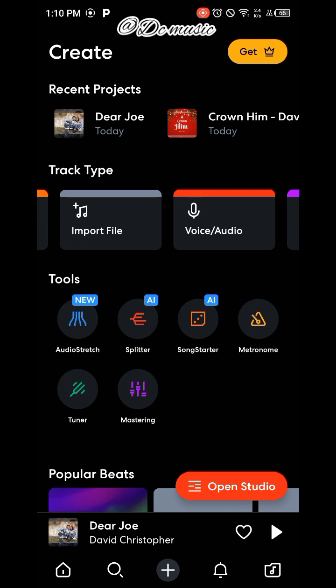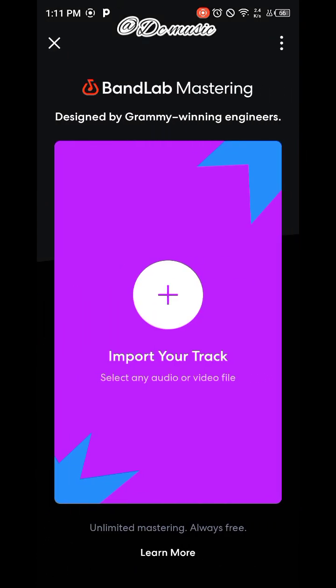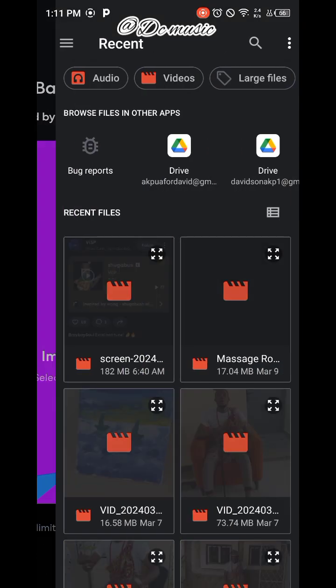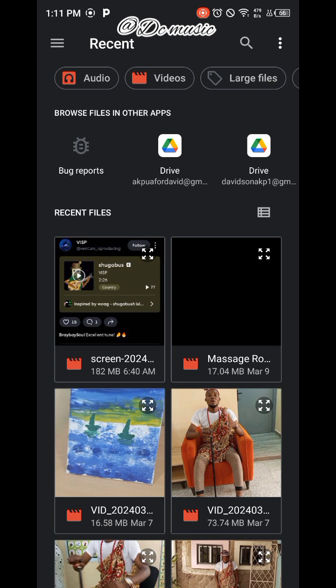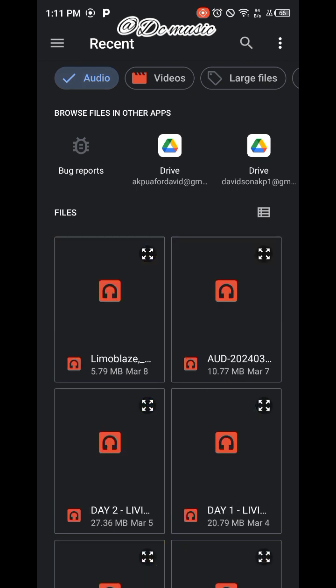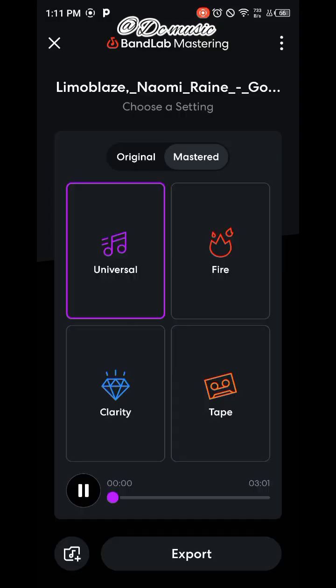On the create segment of the BandLab Studio, you go. Now, if you want to master from the create button, this is what you do. You select mastering. There's a mastering button on the tool segment. It will give you a plus button here. You can actually select the sound you want to master. If you check here, you see that it has taken us to our file manager. So we select the song we want to master. I have one already. So once I click it,